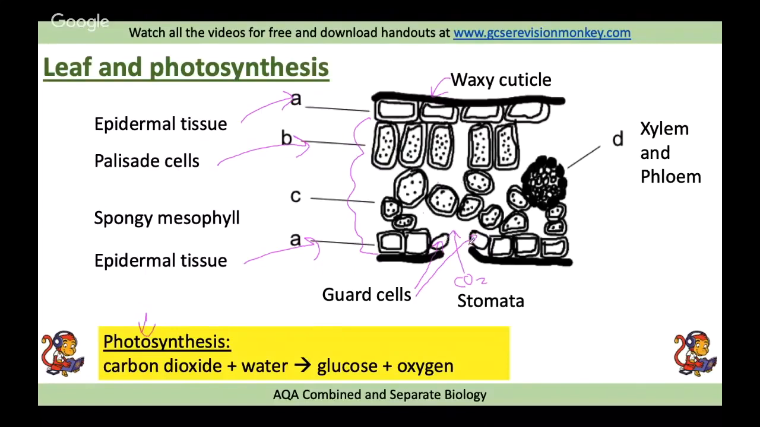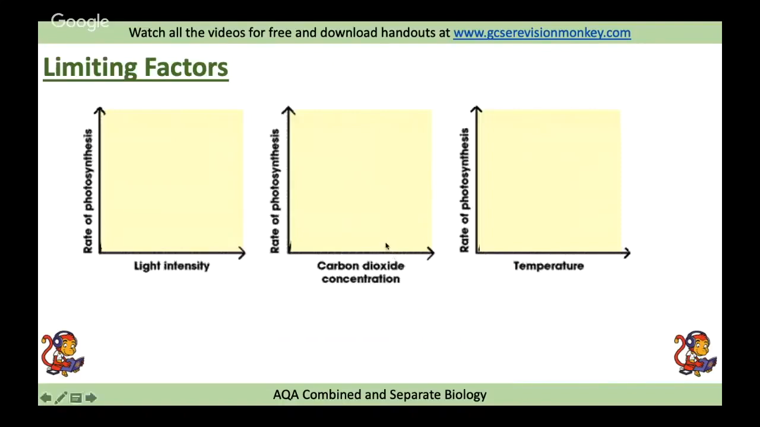are controlled by the guard cells, the spongy mesophyll having gaps to allow the carbon dioxide through to the palisade layer, and this having specialized cells full of chloroplasts for photosynthesis. The epidermal tissue is thin to allow sunlight through, and the xylem is what's going to bring the water for photosynthesis. Now, in that process, you are going to need to know about limiting factors that affect the rate of